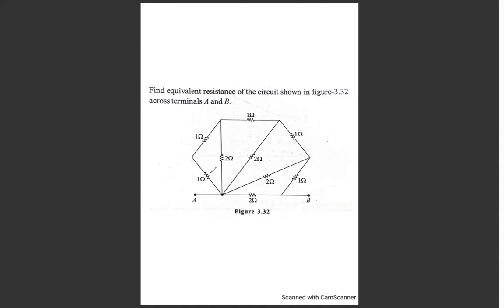If I see that this 1 and 1 is going to be 2 because they are both in series with each other. This 2 and this 2 are in parallel. So one by one we can solve it. From here I am just writing down the next step, it is 2. Here this 2 and this 2 are in parallel, so they will give rise to 1. This one and this one are in series, so it will be 2. Then 2 and 2 in parallel will be 1. 1 and 1 in series is 2. 2 and 2 in parallel is 1.